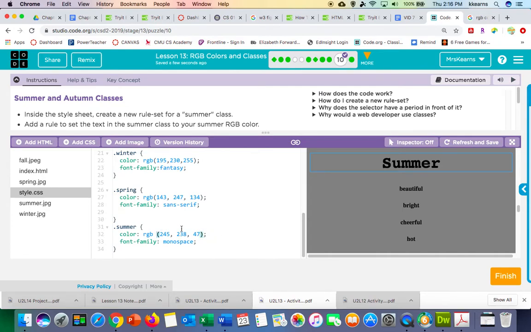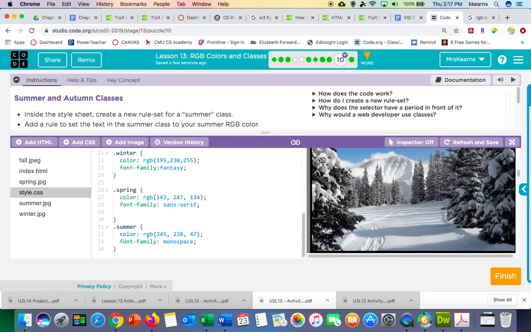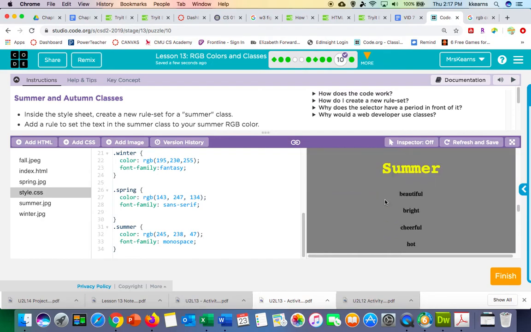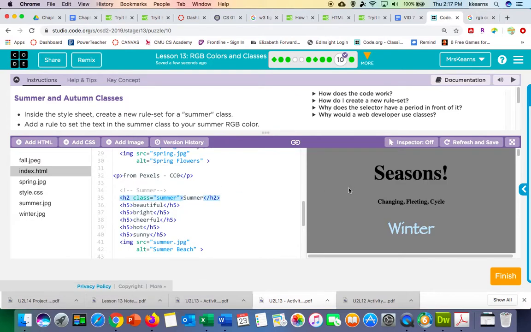Oh, I see my mistake here. Okay, so I can make mistakes too, guys. Little things like that can cause a mistake. I just had an extra space in there. I took it out and that fixed it. So that's why it's good to check after the first one to make sure that you're doing everything correctly. So now that I know it's working, I'm going to add my other classes just by typing class equals